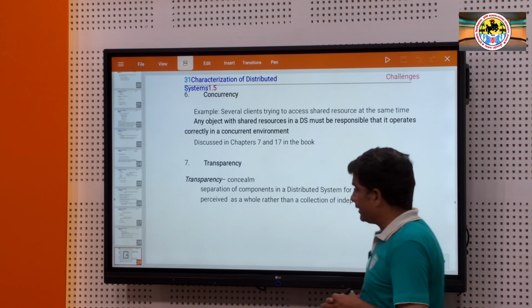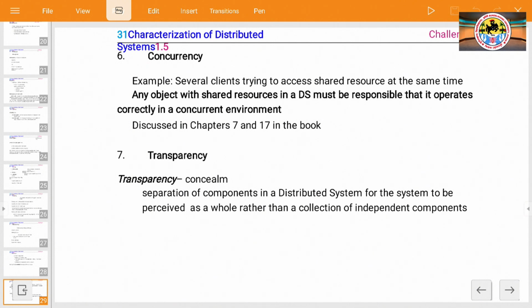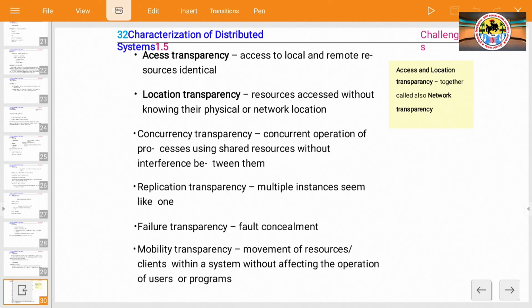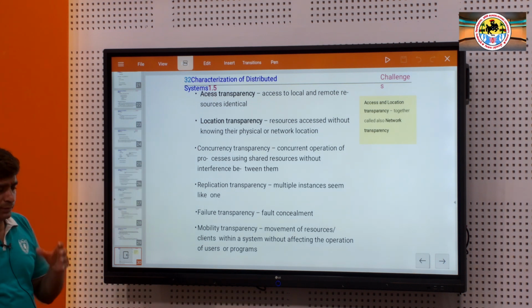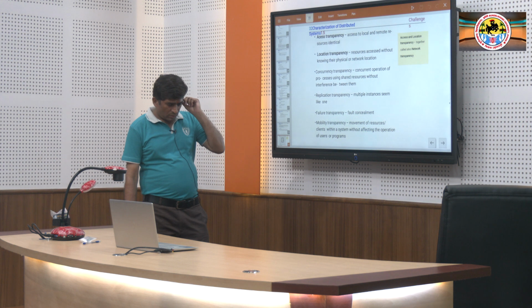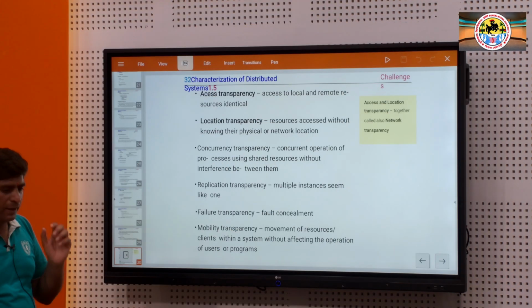We have already discussed the concurrency issues, and the last one is the important parameter of transparency issues. Our distributed system should be transparent to the application, and to the users also. There are different forms of transparency that must be present in a distributed system. First one is access transparency. There should be such a mechanism to access the resource in a similar manner,